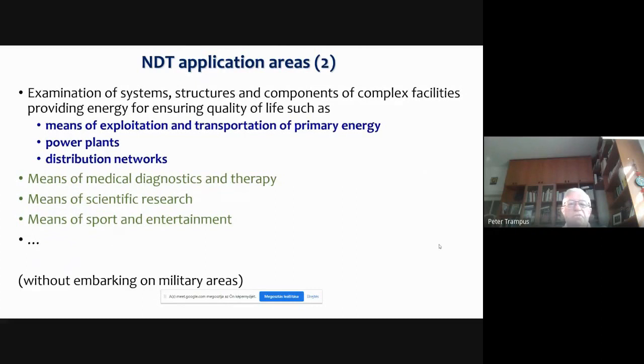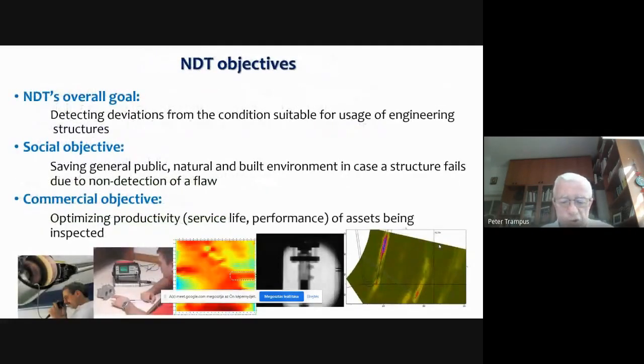Also energy: examination of the system structure components of the complex facilities providing energy for ensuring quality of life, the means of exploitation and transportation of the primary energy, the power plants, including nuclear, the distribution networks. The means of medical diagnostics, scientific research, sport, entertainment, and I could continue further without dealing with the military applications. So it's a huge area.